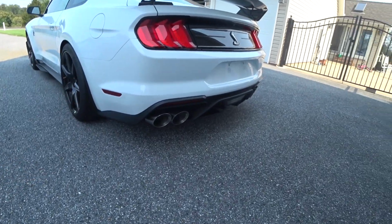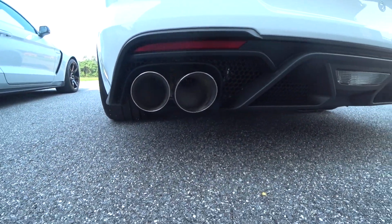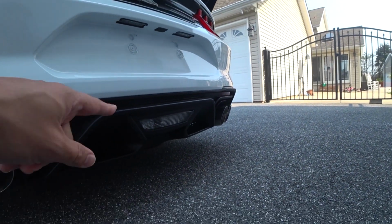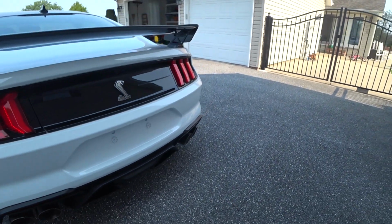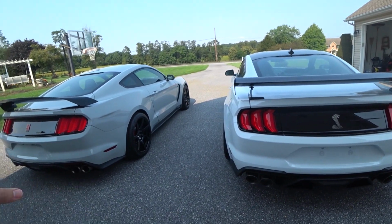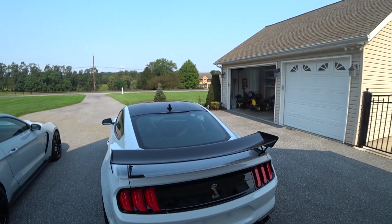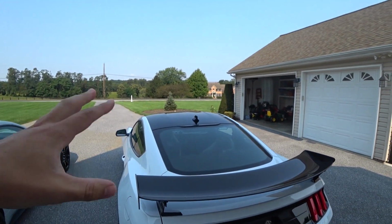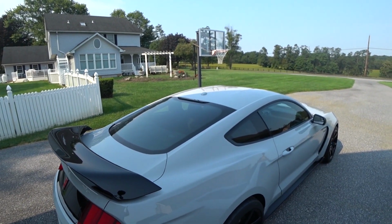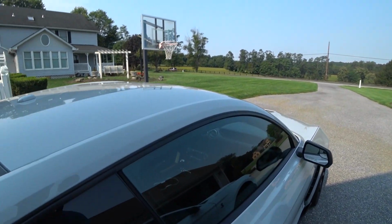On the GT500, they changed that. These big exhaust pipes are actually the real thing. They're the real exhaust pipes. And you have the center brake light there. I kind of like the real exhaust tips a lot better than the GT350R. This GT500 has an optioned painted roof, which you could also do on the GT350s and GT350Rs, but I didn't elect for that. So moving inside the